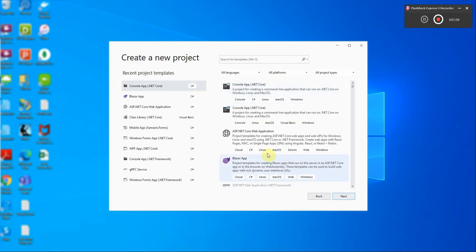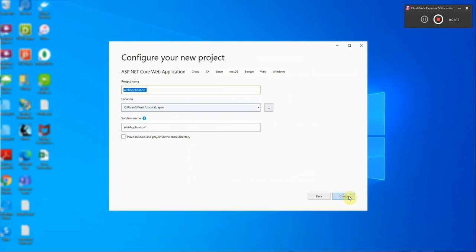And from here, we will select ASP.NET Core Web Application with C# as the language and click next. Here we will name the application. We can name it Web Application MVC and just add the solution word at the end, just to indicate that this is an MVC solution. We then click on create